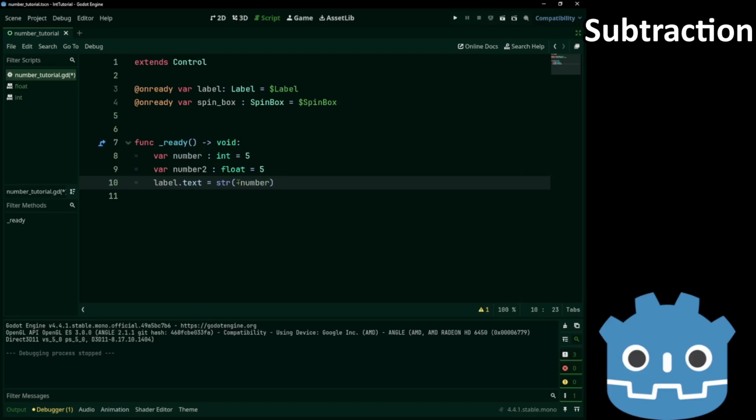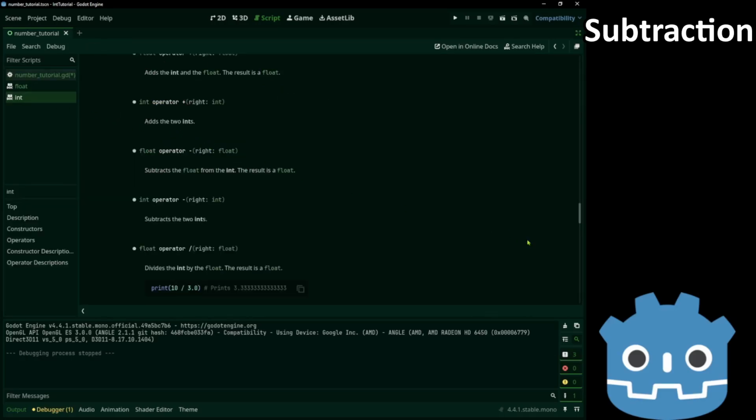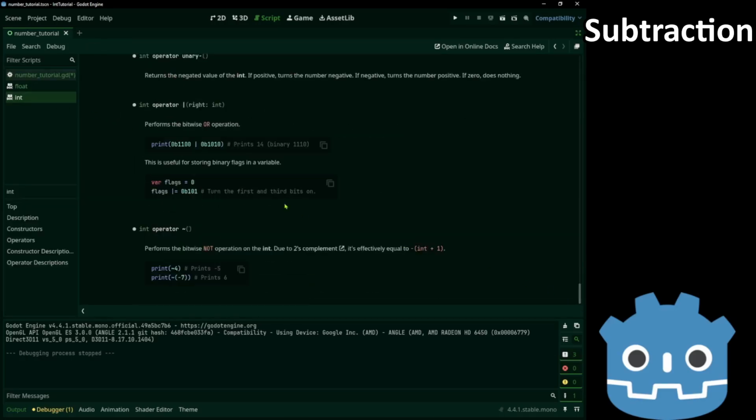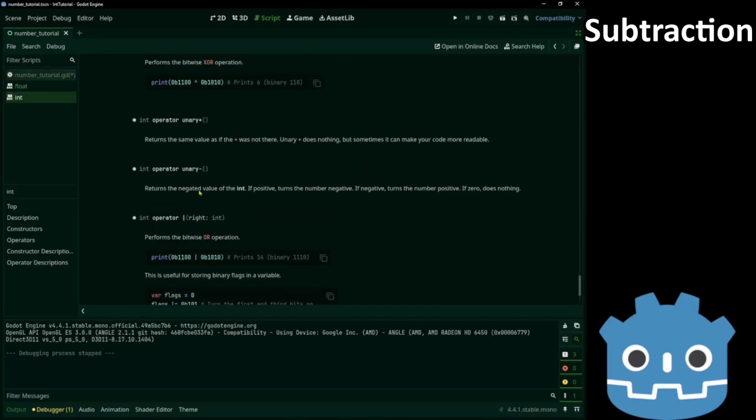Unlike before, the unary minus has an actual use. It returns a negated value. Positive becomes negative, negative becomes positive, 0 stays the same.